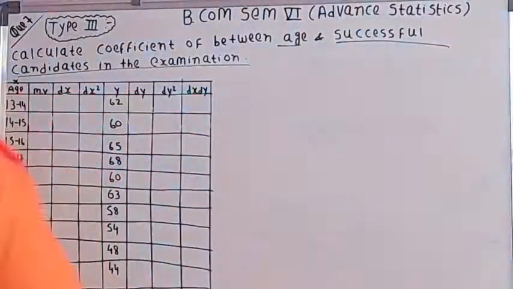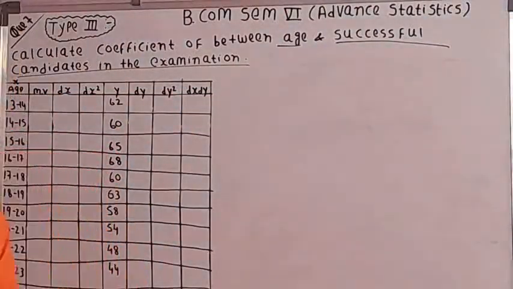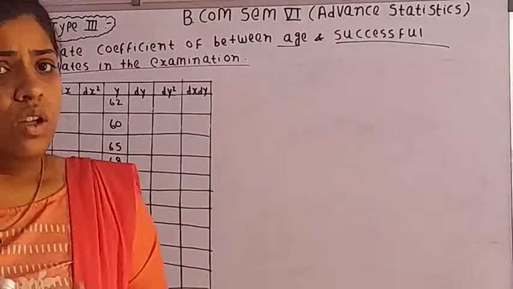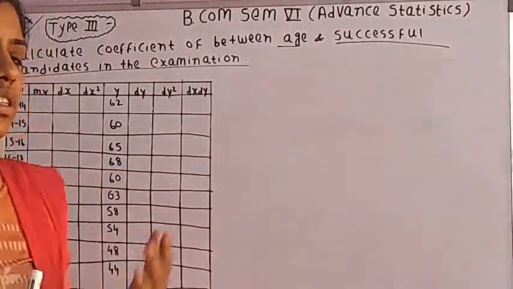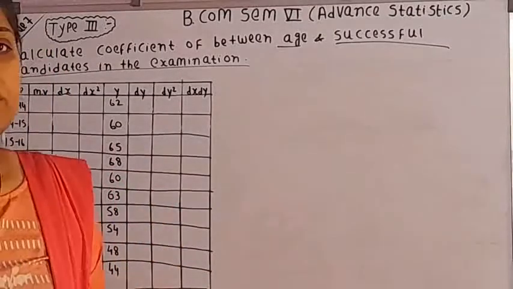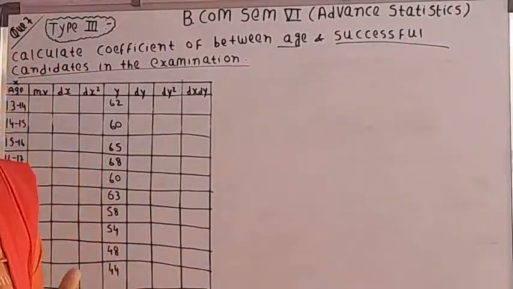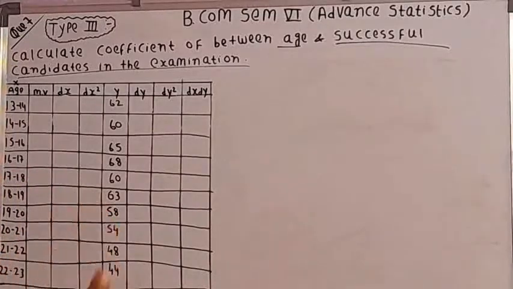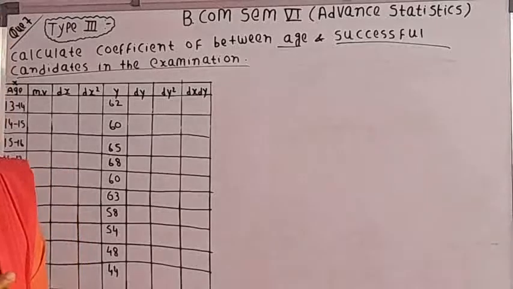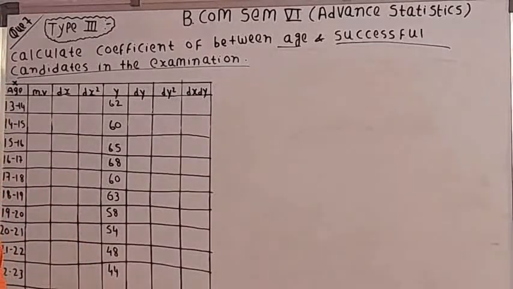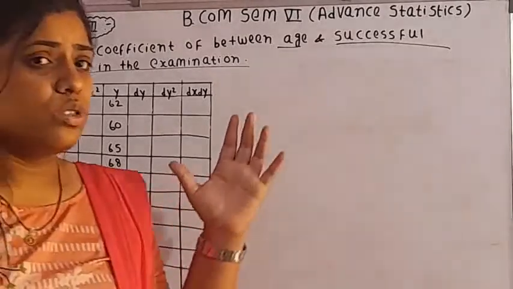So students, we have seen how the Y series has been calculated, and how the three series have been converted to two series. We have calculated the Y series with the help of given data. Now we have both the series, that is X series, which has been already given in the problem, and Y series. Now what is the next step? Next step is the preparation of the chart that we are going to do here.